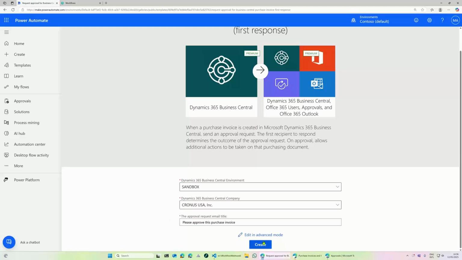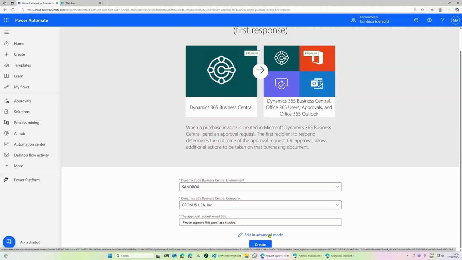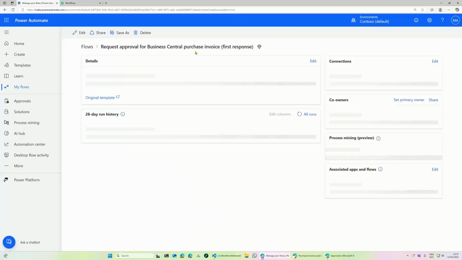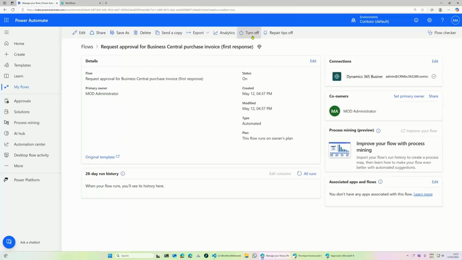Now, if I edit in advanced mode, it will open the flow where I can see the different steps. And at that point it does not enable the flow, not turn it on. If I click on create, it will create a flow and turn it on, just so that you know. So it's now creating the flow and turning it on.